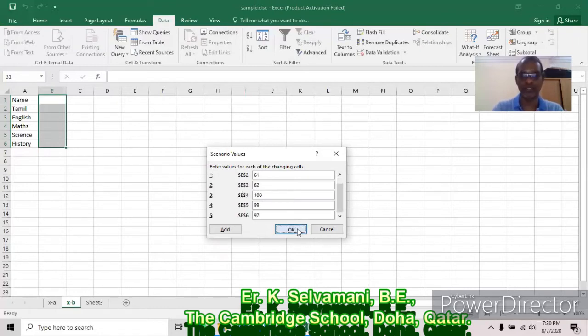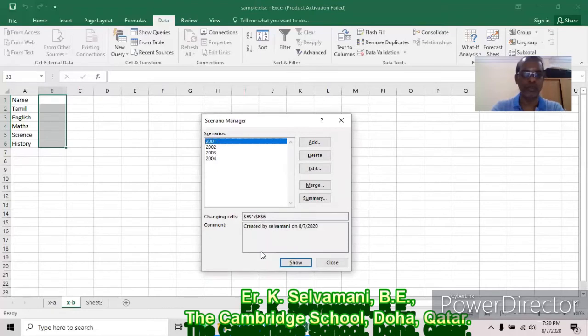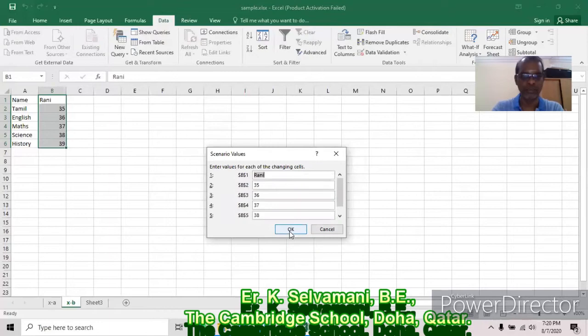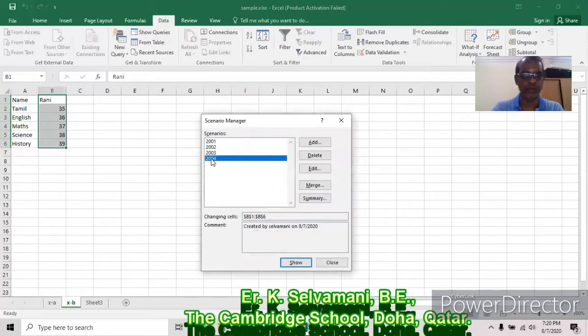So at last, OK. Here say 2001 mark list we can see, 2002 visible. Assume 2003 is given as a hidden mode, and 2004 is also visible. Now no need to worry.